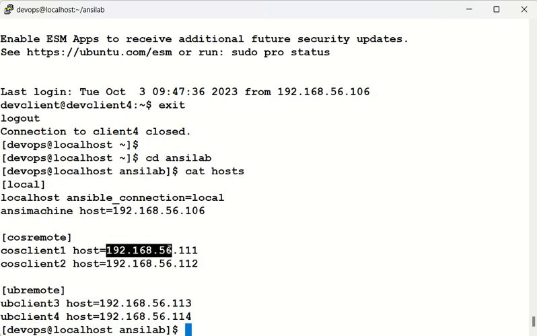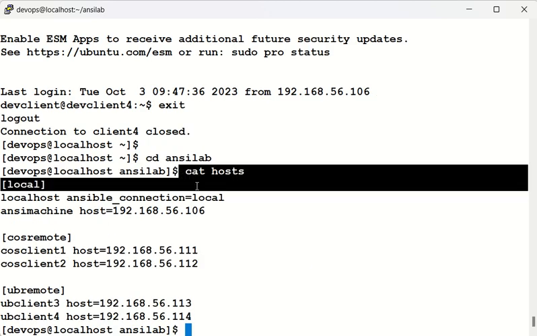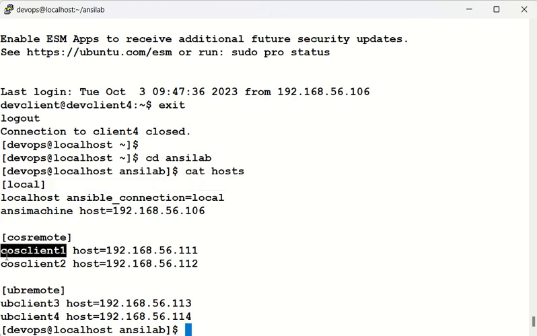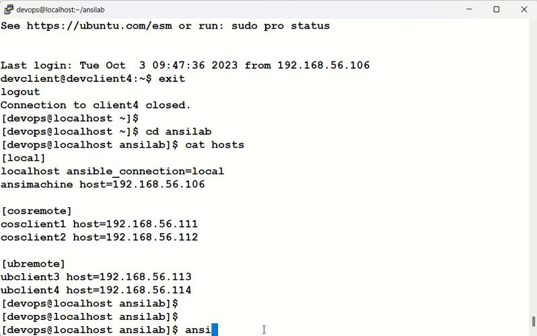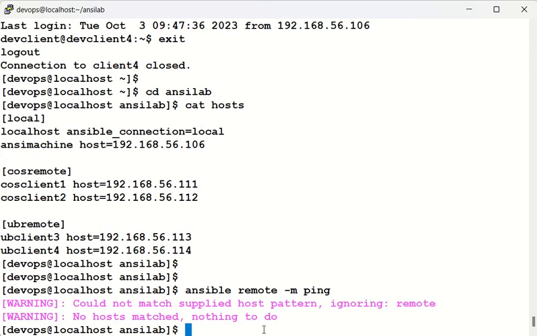This is the inventory file. In the inventory file, I am aliasing them with a different name: COS client 1, COS client 2. But anyway, I had already established passwordless SSH connectivity with these servers. Now, because of that, if I try to do Ansible remote -m ping, if I'm trying to push the ping module into all these servers, okay,